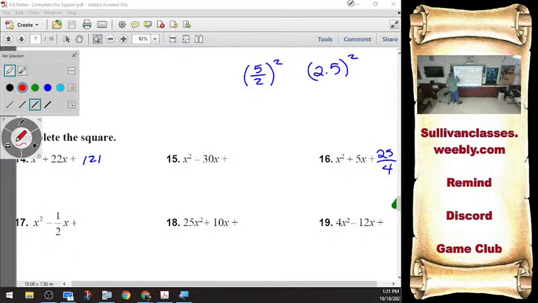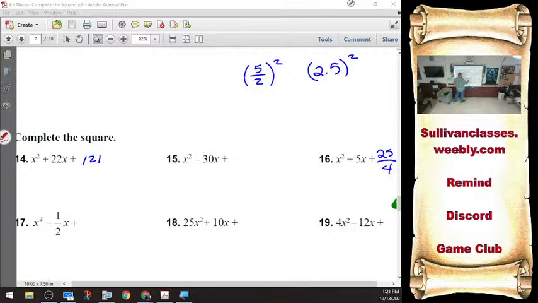Okay, I'm guessing that half of negative 30 is negative 15, squared is 225. I'm guessing that's not hard. Okay, what is half of a half? A fourth. And a fourth squared is,